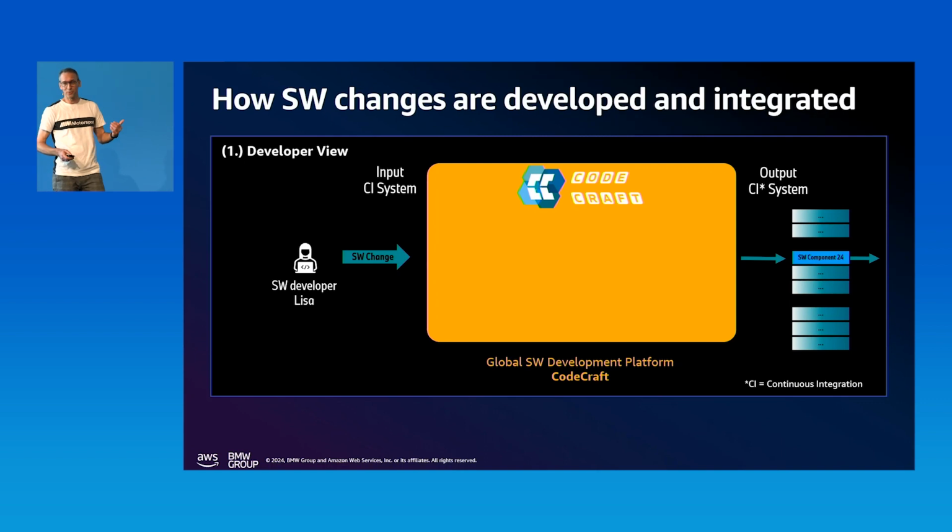What I want to explain to you now is how actually the software development and integration works in our case. And here we have software developer Lisa, and she has done a change locally in her environment. And actually already at that stage, she needs something from the development platform or from her project, because she needs a baseline that is working. Otherwise, she is actually not able to build the whole stack or validate her function if she needs to validate that on top of the stack. So this is something we need to supply to her,